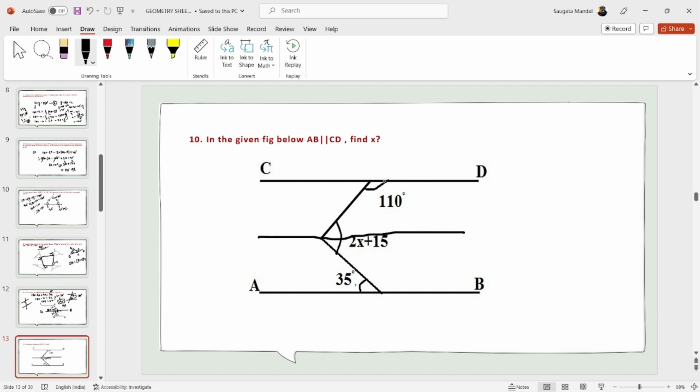We know that the sum of these angles is equal to 180 degrees. One angle is given as 110 degrees, so the other angle must be 70 degrees. This angle is equal to 70 degrees. In the same way,